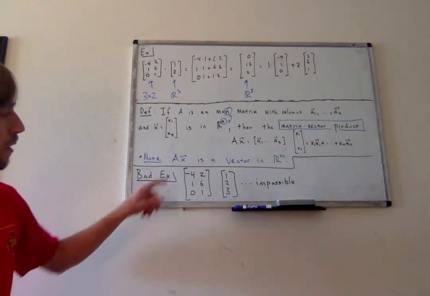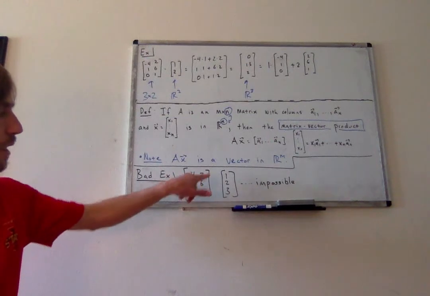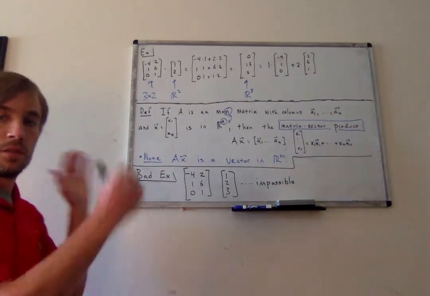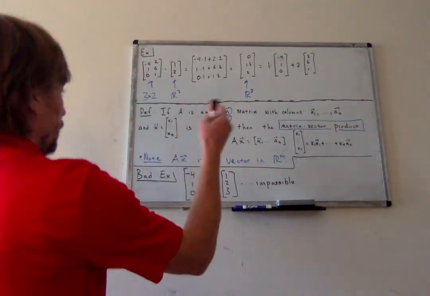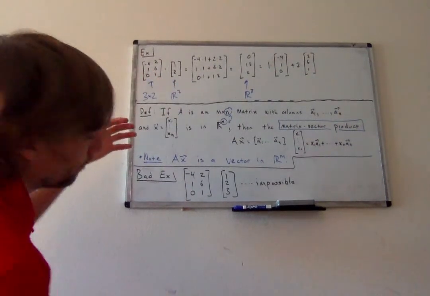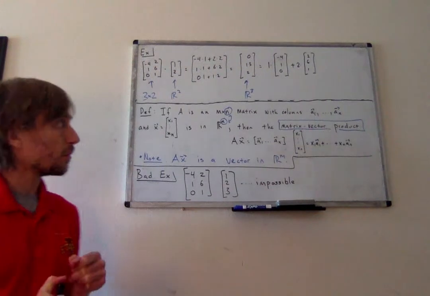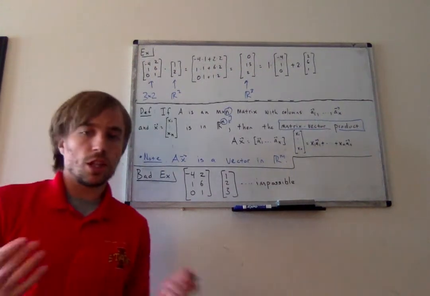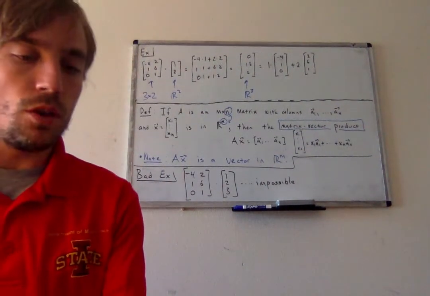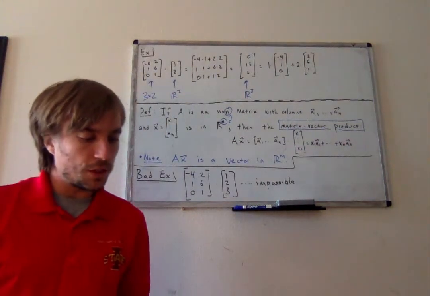Because notice the number of columns in A is equal to 2, and the length of this vector is 3. The dance won't work, because when I try to match up negative 4, 2 with the vector, there's too many entries in the vector. All right, so there's a couple of interesting properties that go along with this, kind of similar to what we did